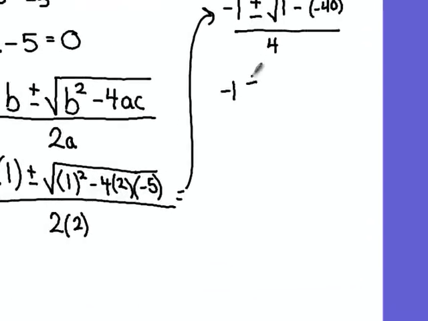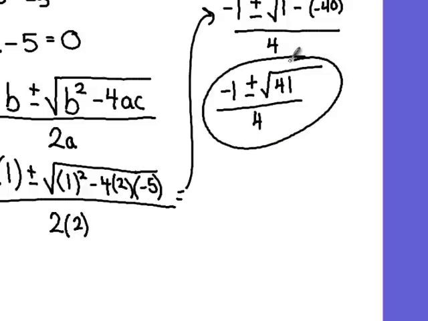Now I can keep going. 1 plus, because 2 negatives make a plus, 40 is 41. And then all over 4. Okay, now when you get to this point, you notice you cannot take the square root of 41 without getting a very large decimal number. So if I asked you to simplify this or find the two solutions, this answer right here is probably fine for me. Now, if I asked you to find the exact value,